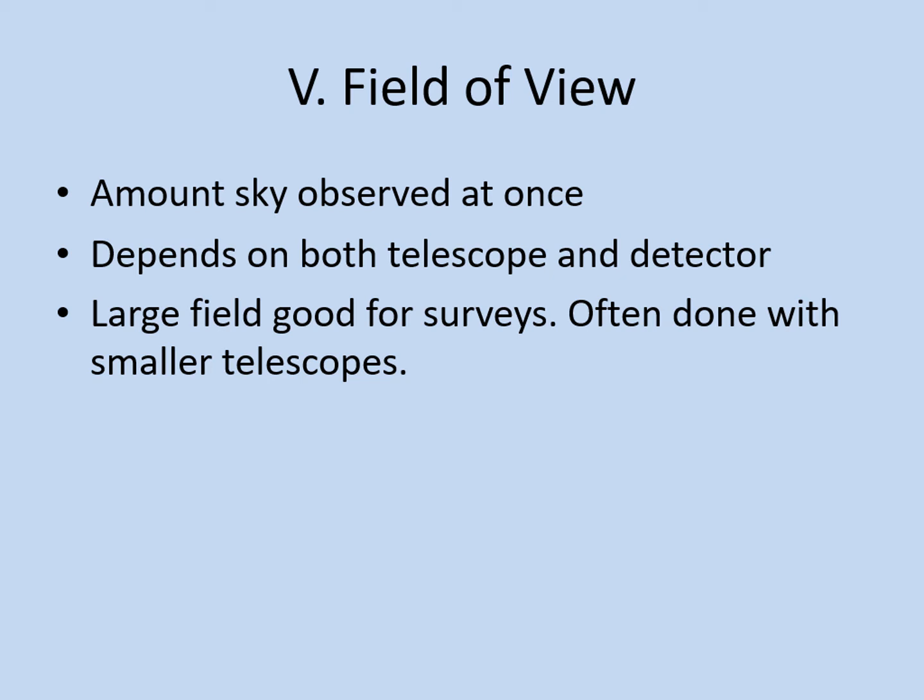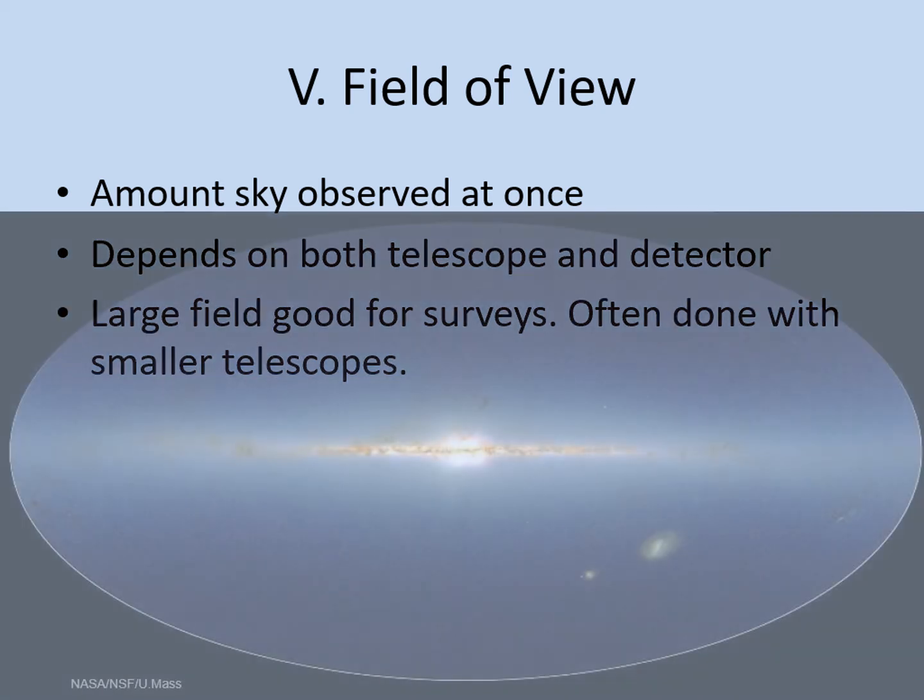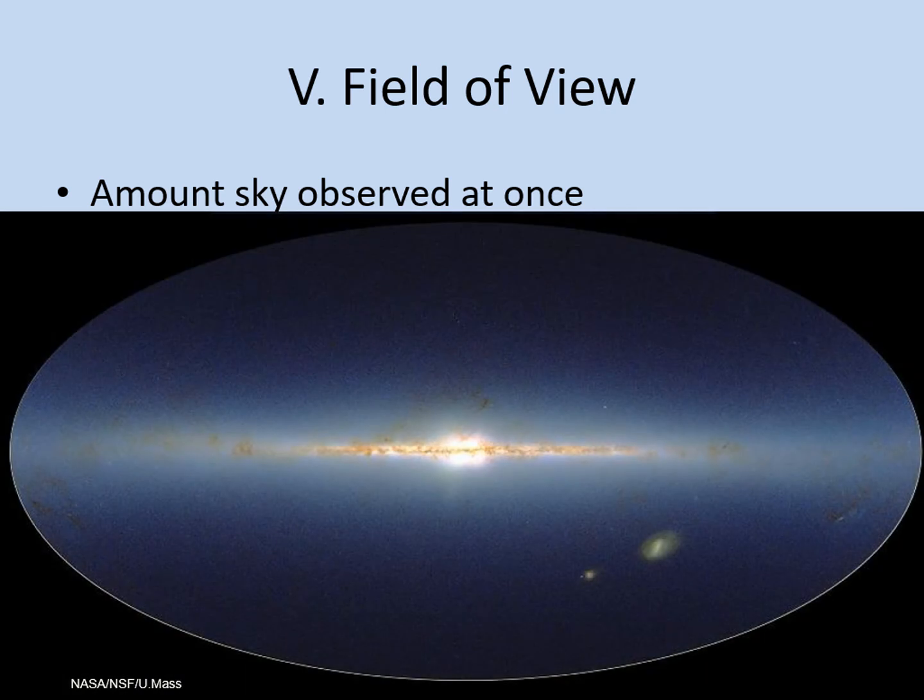Larger fields of view are good for surveying large parts of the sky. If you want to find out all of the stars emitting a certain kind of infrared light in our galaxy, you need to be able to look at as much of the sky as possible in each observation, or else it will simply take too long to do. So an all-sky survey like this is put together from a large number of wide-field images. This is one type of work that small telescopes are often used for, since large surveys usually don't require high